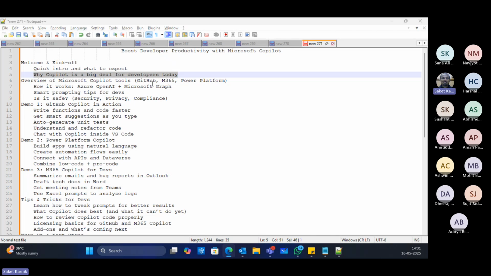How overall it works, what it uses behind the scenes, like Azure OpenAI and Microsoft Graph APIs. Then some smart prompting tips that we'll be talking about. This is something though listed here, but it will be throughout the session, right?